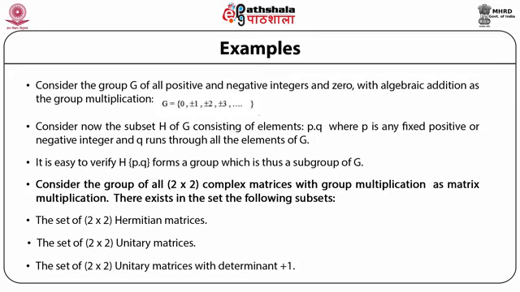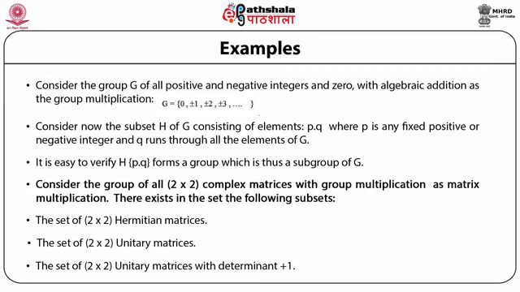And therefore, the product of two matrices U1 U2, its dagger (U1 U2)† multiplied by U1 U2 itself, is equal to U2† U1† into U1 U2, which is the identity matrix. Hence, the inverse of a unitary matrix is unitary. Clearly, the identity matrix is unitary. Hence, the subset of 2 by 2 unitary matrices forms a group and is a subgroup of G.